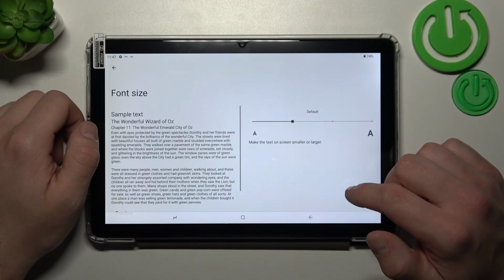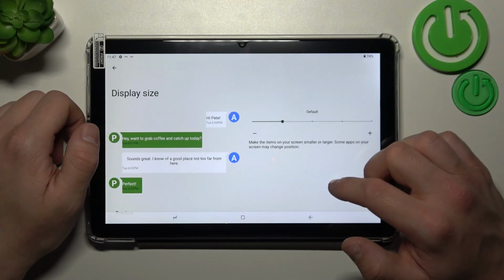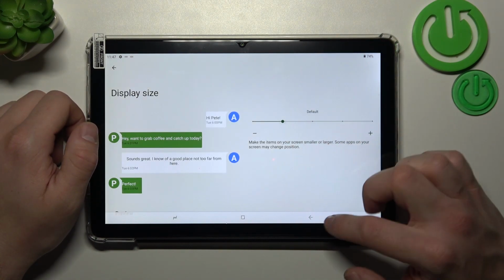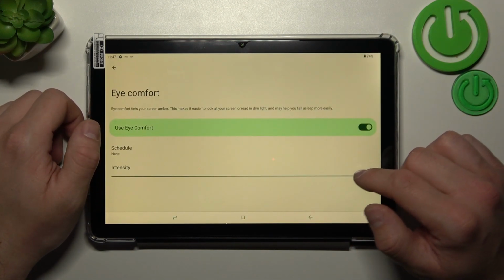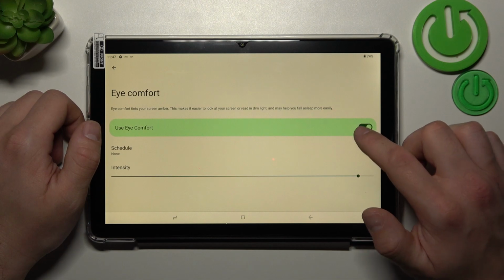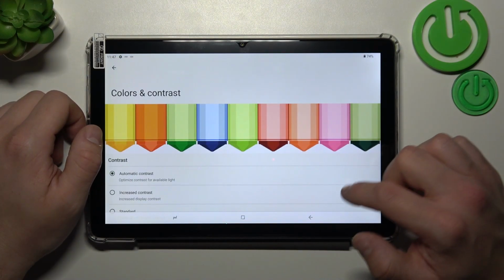Then you can change font size, display size, enable or disable eye comfort mode, change its intensity and schedule it. Then you can change colors and contrast,